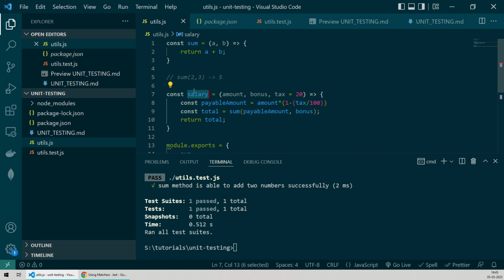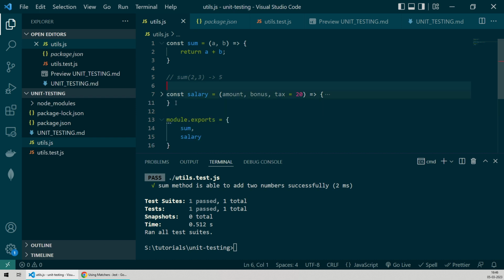So to write the unit test of the salary method, what we do is we mock the behavior of the sum method instead of actually invoking the sum method. And here the whole concept of mocking comes into the picture. We'll cover mocking in a different video in the future, but I just wanted to show you an example of a more complex function which has dependency over other functions. So for now, I'll just collapse the definition of this particular salary method and we'll focus just on the sum